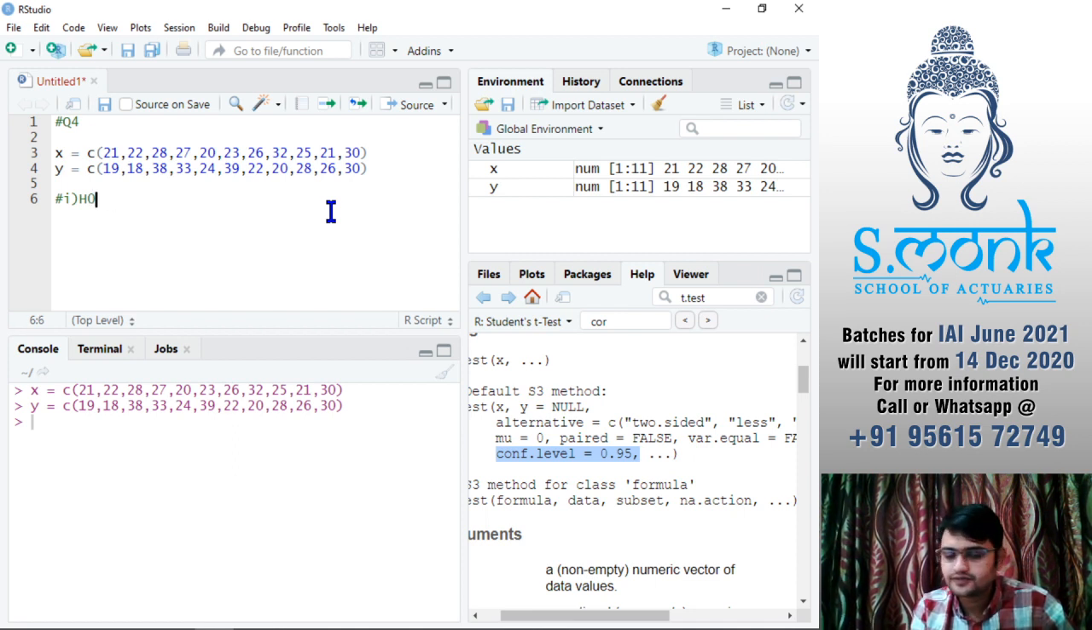So our H naught is that sigma square 1, or you can say variance of 1. Instead of writing sigma square 1, write variance of x is equal to variance of y. Okay, you can put brackets as well. However you want to write it, you just have to convey the message correctly. That's it. And then H1